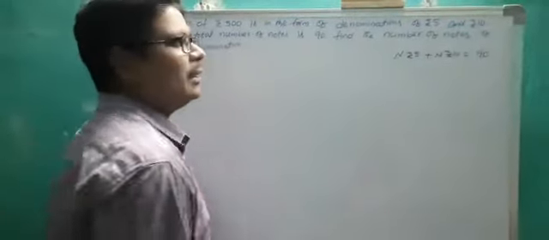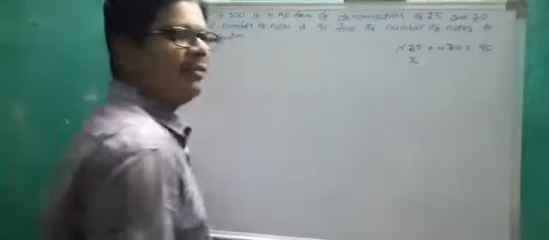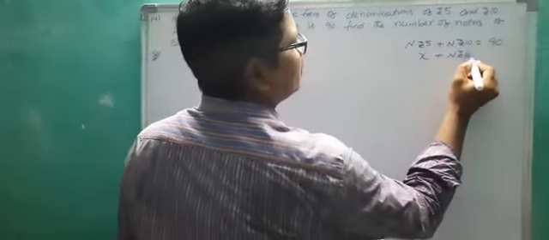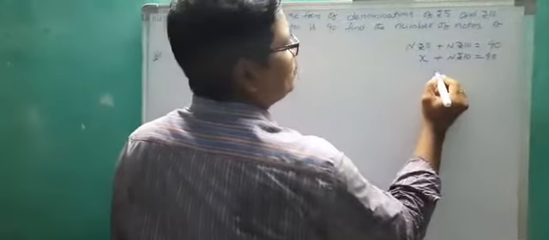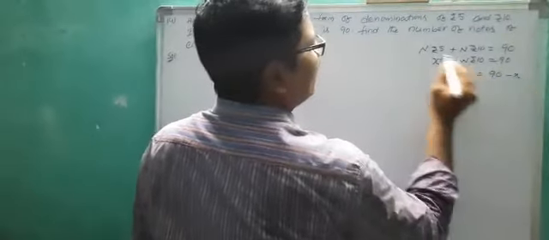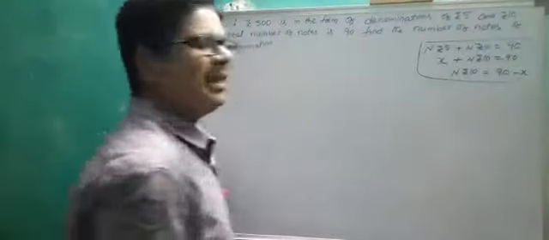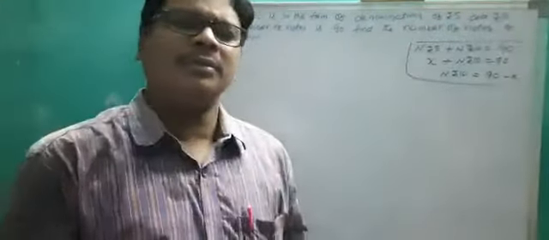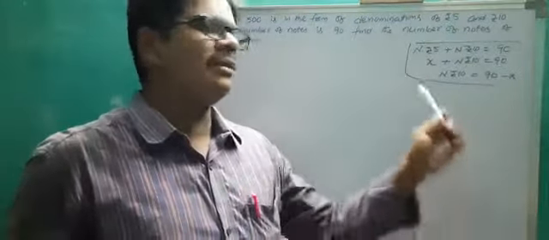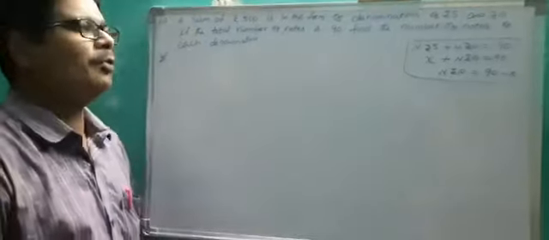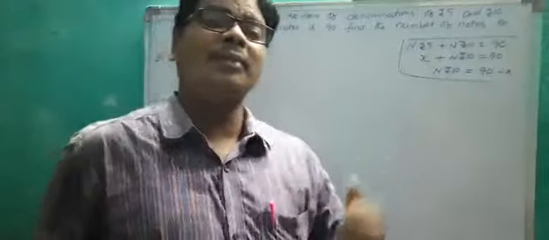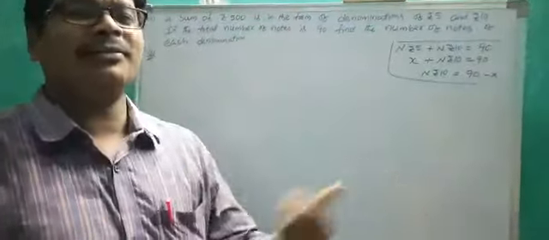Let us take the number of 5 rupees notes as a variable, x. The number of 10 rupees notes is equal to 90 minus x, by transposition. Total notes are 90. Out of 90 notes, x we already considered. The remaining notes, 90 minus x, are 10 rupees notes. For example, if we have 10 five rupees notes, the number of 10 rupees notes is 90 minus 10, that equals 80.